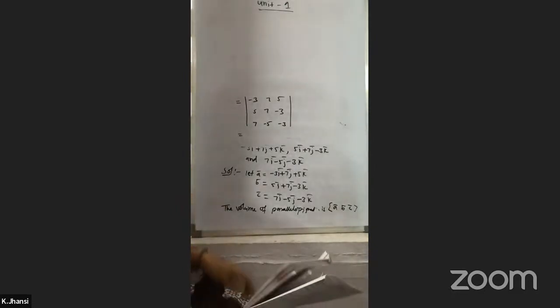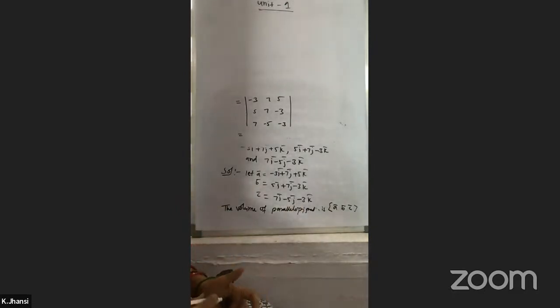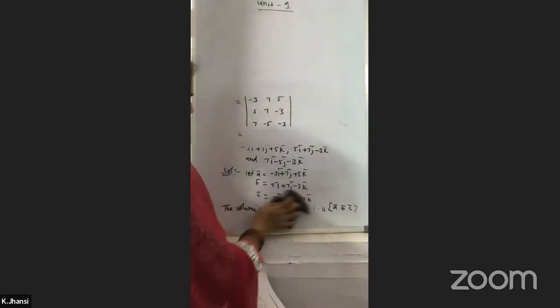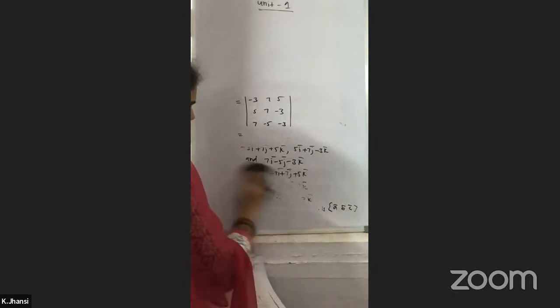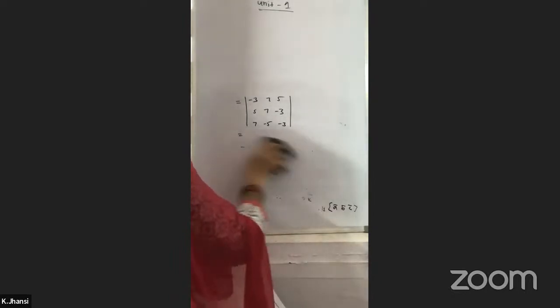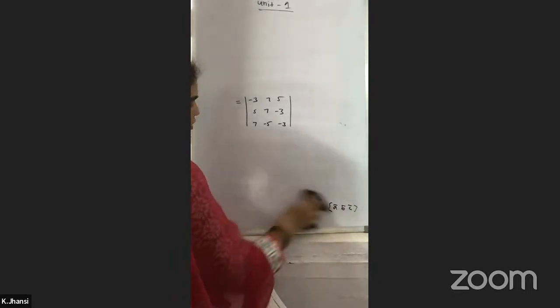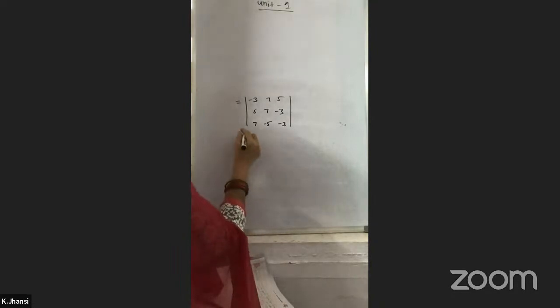Before, in the previous problem, whatever the A cross B cross C was, we got it as a vector. Here he is asking the volume of the parallelepiped, so for that we need a scalar value. That's why we are using the determinant here. So if we find the determinant of this one, this is equal to